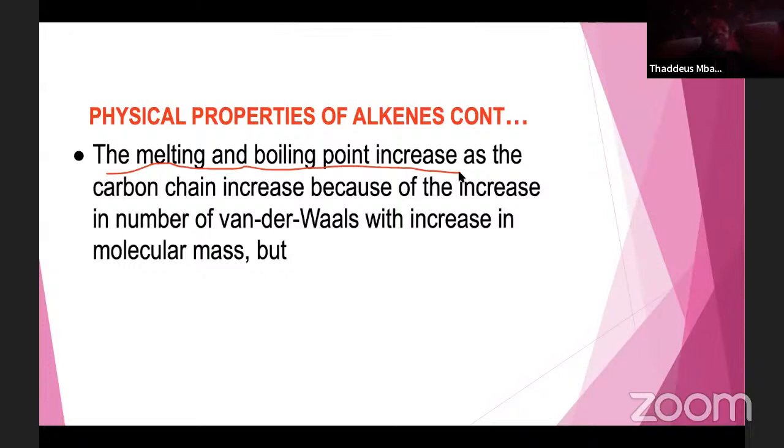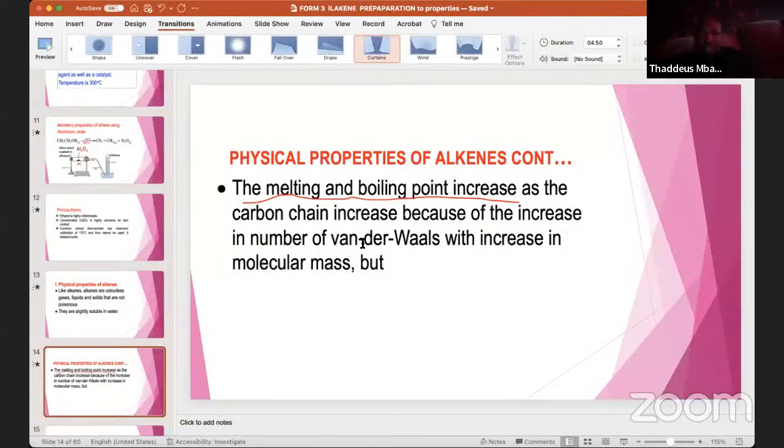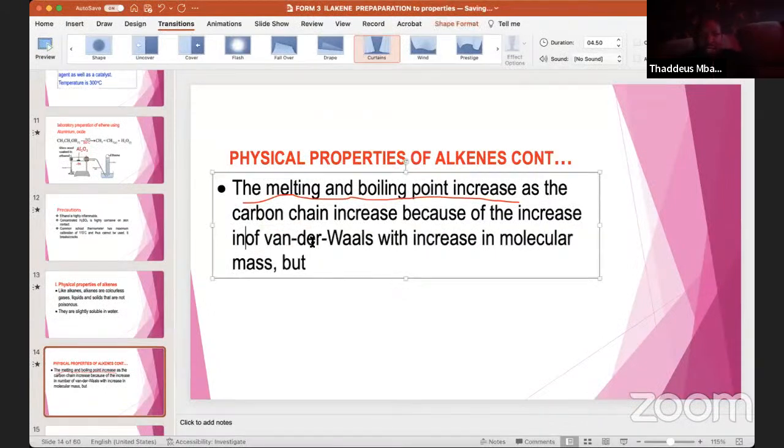As the carbon chain increases, or rather as the size of the molecule increases, there will be an increase in the melting point and boiling point due to the increase in the strength...